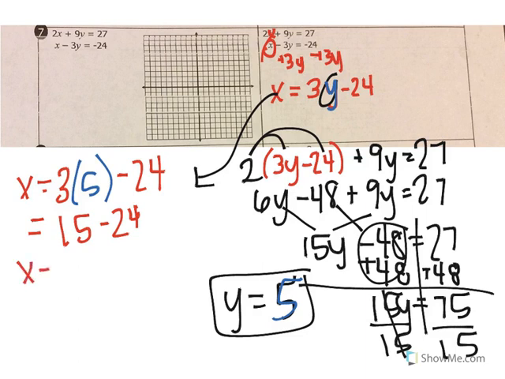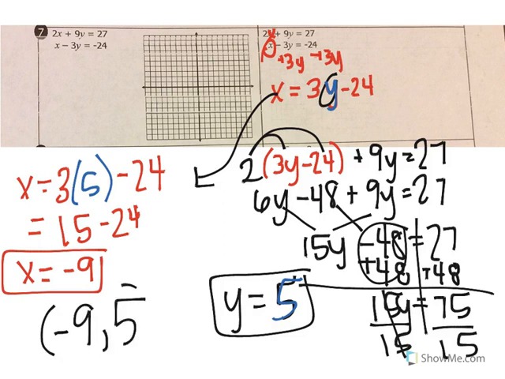So x equals negative 9. So if x is equal to negative 9 and y is equal to 5, then my solution here would be negative 9, 5. Now, I solved for x in order to solve this because I didn't want to use fractions, but if I'm